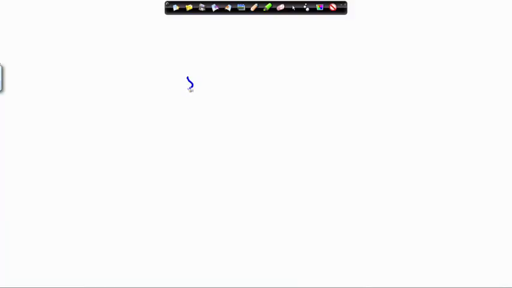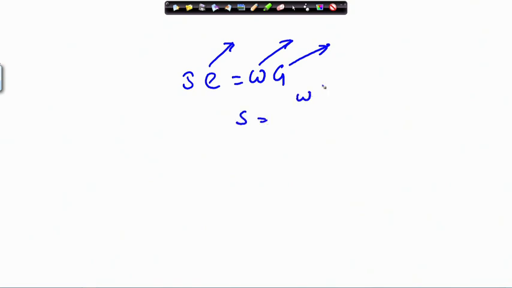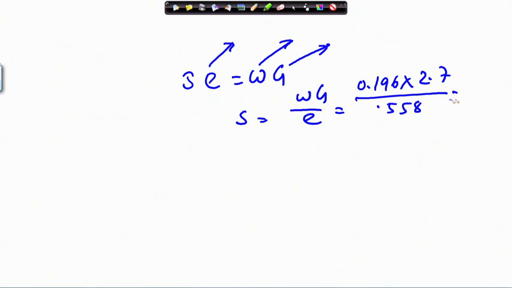So, I will get this continuation of this, that means two more parts, they are quite small. The fourth part was what is the degree of saturation at the compacted site, and for degree of saturation we know the equation, that is S into e equal to w into G. You know the water content, you know this 2.7, you know the e, then you will get S equal to wG by e. So, that gives you all values, if you put 0.196 into 2.7 divided by e, which is 0.558, it gives you